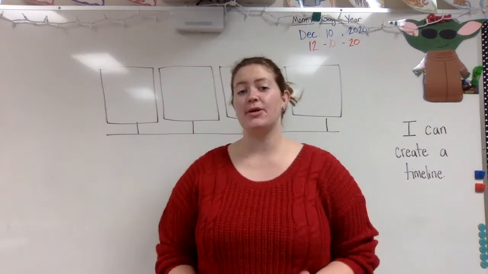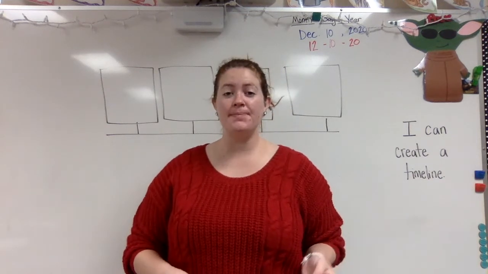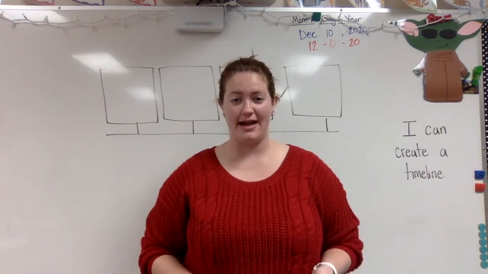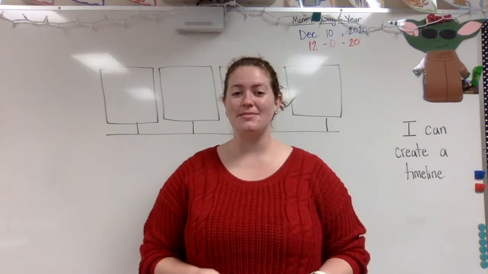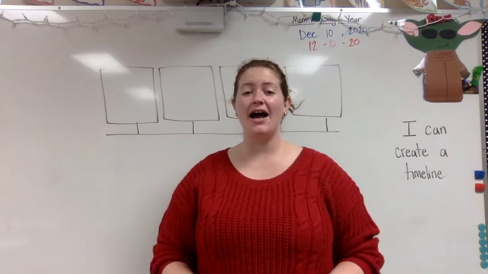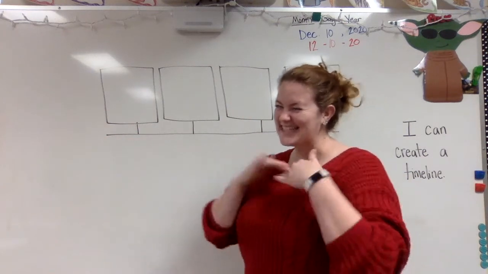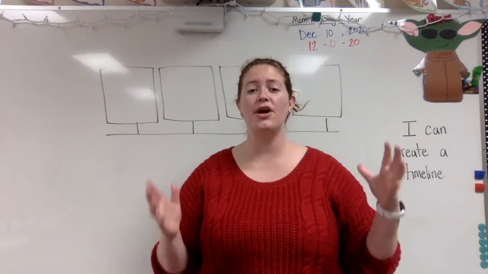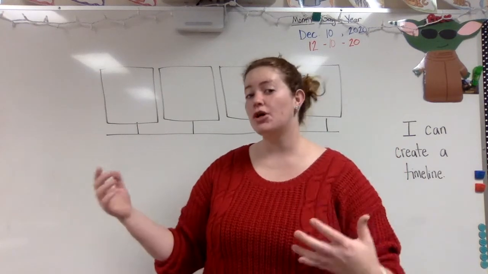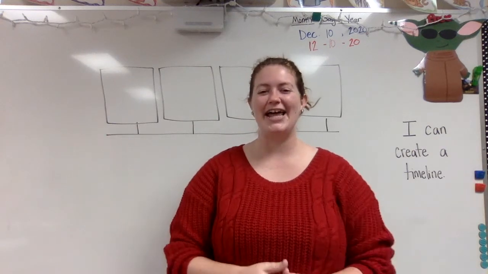Now, so far this week, we've practiced learning what a timeline is and why it is important. The last couple days, we practiced putting events in order on a timeline, and we know it's really important to make sure those events are in order so we know how it happened. Because a timeline is that line, most of the time we're going to see it horizontally, side to side, of important events that have happened in the past. And it shows you those events in the past, how they happened in an order.